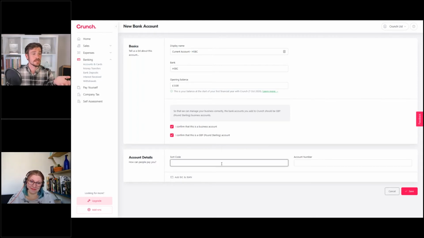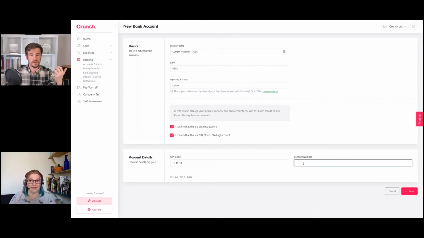The next item might sound simple enough, sort code and account number, and it is. It's no more complicated than that. However, there are two very important things that you do need to consider when entering this. The first one, of course, is being that it's correct. And the reason I say that is because this information is going to be attached to your sales invoices. So if the wrong info is there, your client's going to end up paying the wrong account. So just double check this before you go ahead and press save. Secondly,